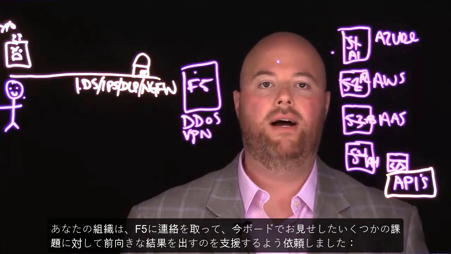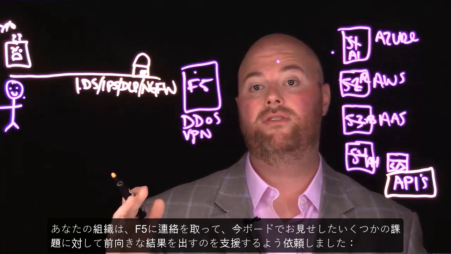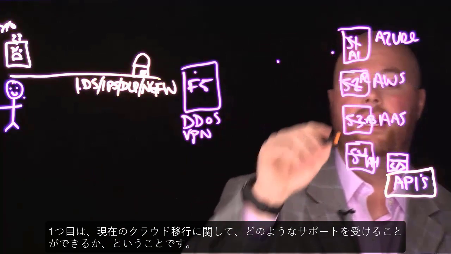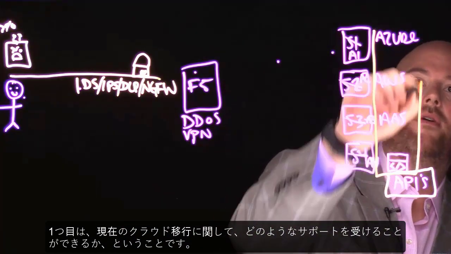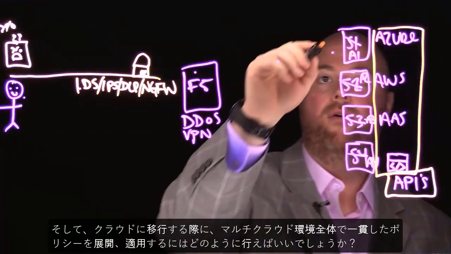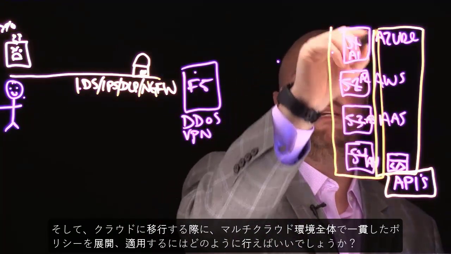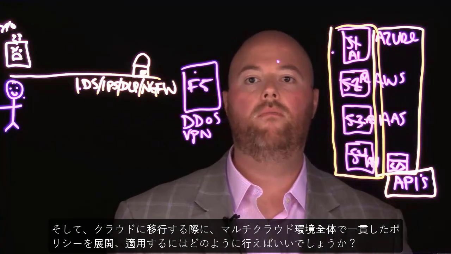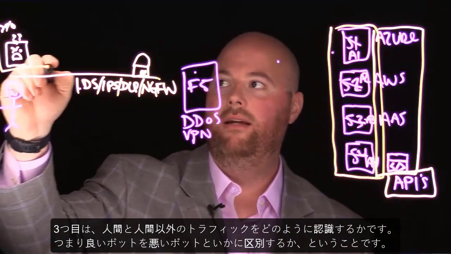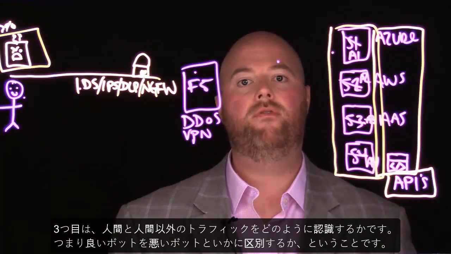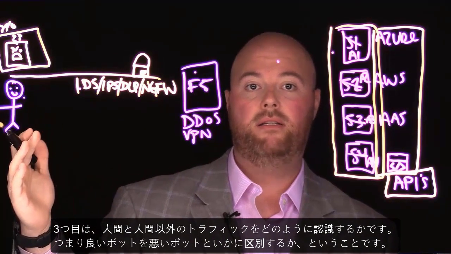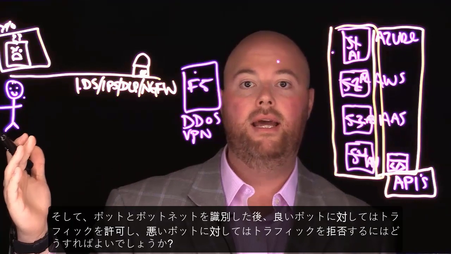They've asked us to help provide some positive outcomes to some of the challenges that you see on the board. Number one is, how can we get help with our current cloud migration? And when we're migrating to the cloud, how do we drive consistent policy deployment and enforcement across our multi-cloud environment? Number three, how do we recognize human versus non-human traffic, the good bots from the bad bots, and then how,